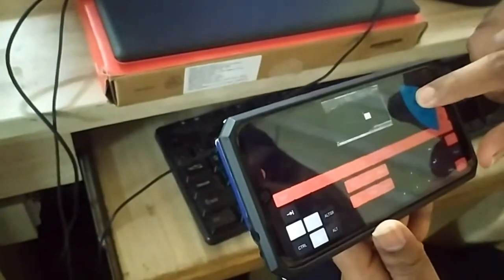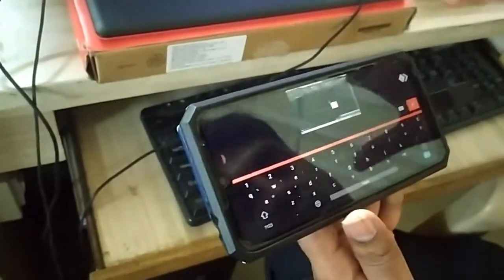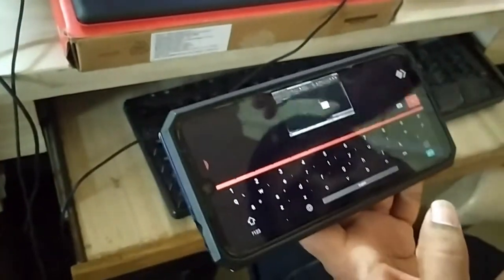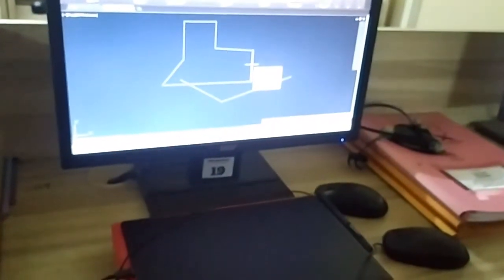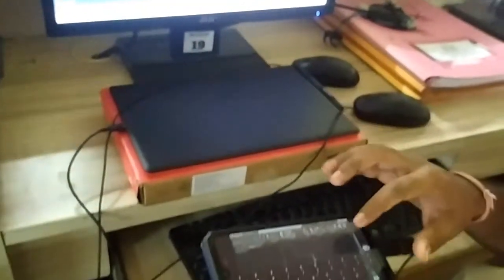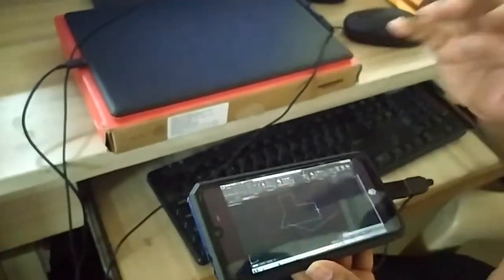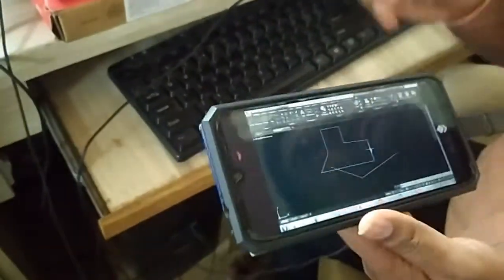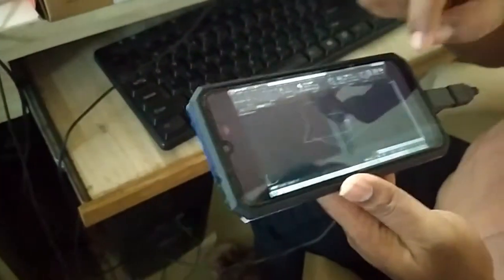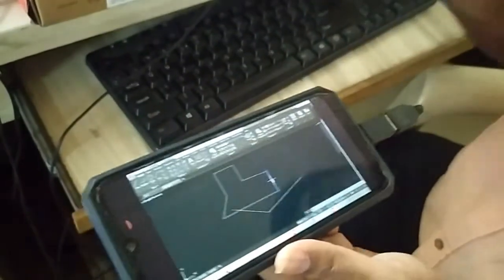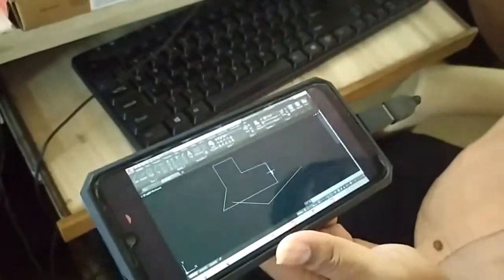So of course there is some difficulty in using this because this is a very small screen space compared to what we have here on the desktop. So this will not be easy, of course, but what I want to say is that yes, it is actually possible for the students to use whatever software they want to use just by using their mobile phone and this small setup that they can buy easily from market.